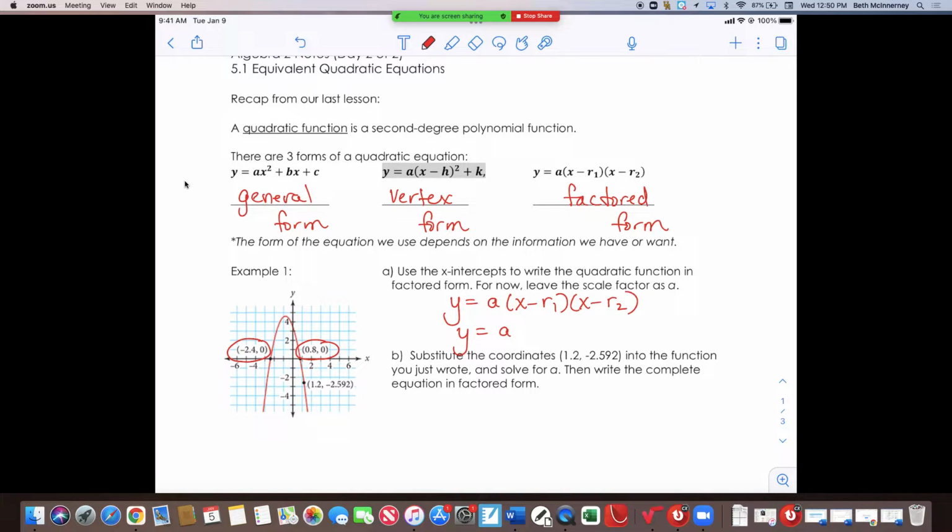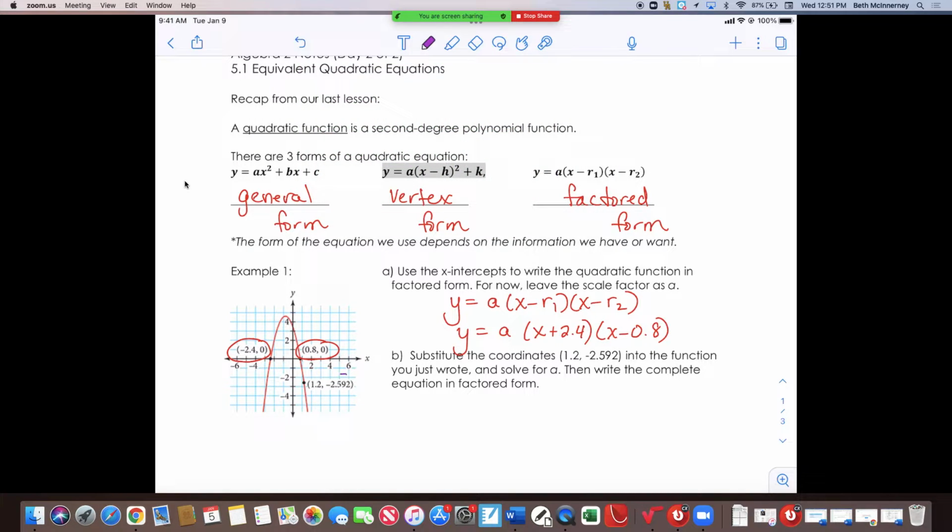We actually don't know the a value. But this is what I know. I know factored form, and I use it when I have the x-intercepts or I'm told the zeros. Those are the same things. Now, we have the ability to find the a value because